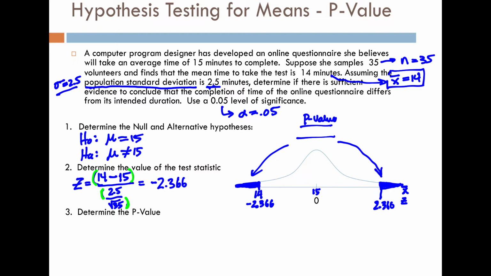Now, we could find one of them and then double it. You can also go 1 minus normal CDF. We're using normal CDF because we're on the z curve here. And go -2.366 to positive 2.366. So in other words, we're finding the area in between and then subtracting it from 1. And then comma 0, comma 1, because we are on the z curve, and that is what the z center value is. The mean on the z curve is 0. So I'm putting these numbers here just so that we can see the relationship of these. Plugging these into our calculators, we end up getting